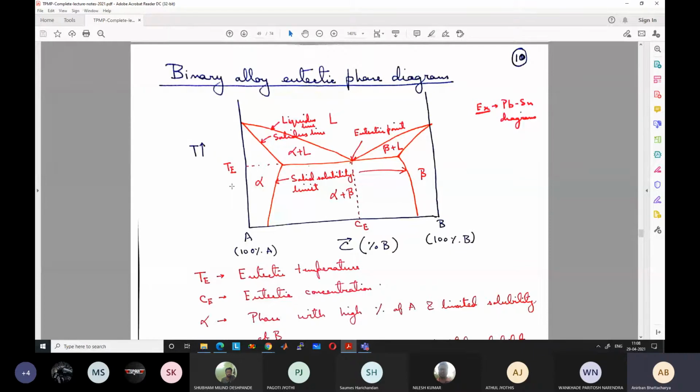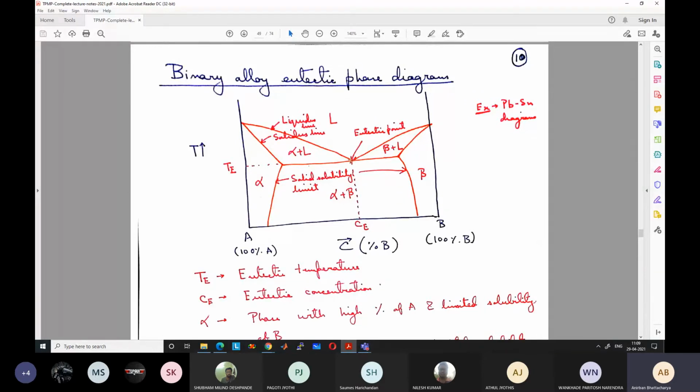So we need another phase where the second component is the dominant component and the first component is in very small amount. By a mixture of the two phases, we can approach any percentage like 50% or 70%. There is also another point here, which we call the eutectic point, where the solidification proceeds simultaneously with the formation of alpha and beta phases at a constant temperature in a cooperative manner. Why cooperative? Because there is cooperative diffusion between the alpha and beta phases, as we had discussed.